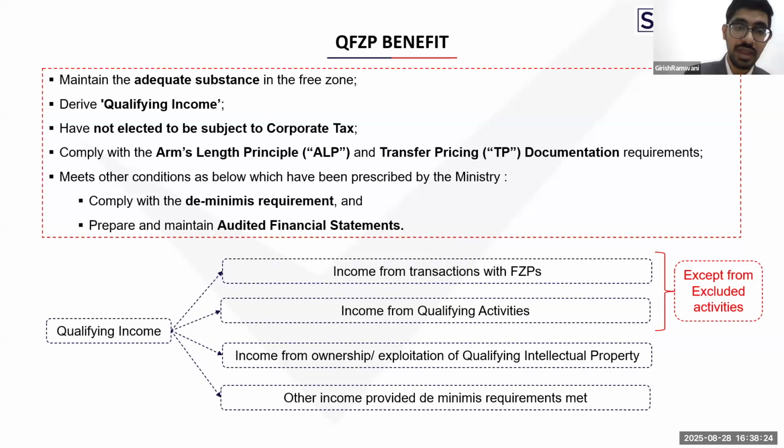The next condition is that the company must derive qualifying income. It should not have elected for the normal tax regime. All the related party and connected person transactions must be as per ALP, where TP documentation is applicable, and TP documentation is being maintained. The de minimis requirements are not breached. Basically, the de minimis requirement is